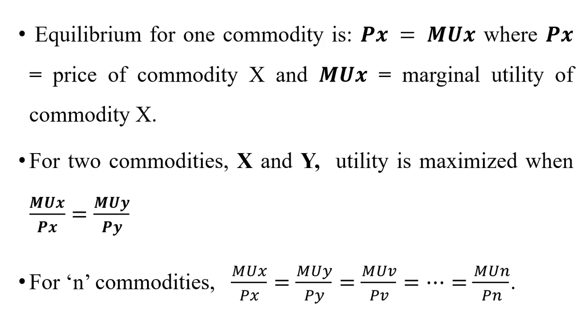For n commodities, marginal utility of commodity X divided by the price of commodity X will be equal to marginal utility of commodity Y over price of Y, and this will be equal, all the way to, marginal utility of commodity N divided by the price of commodity N. So for us to derive the demand curve,